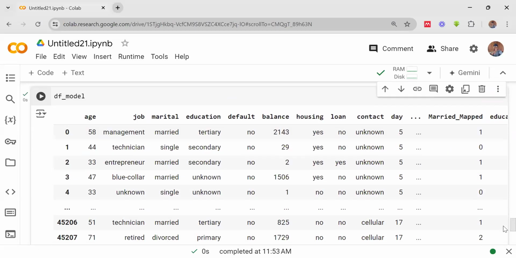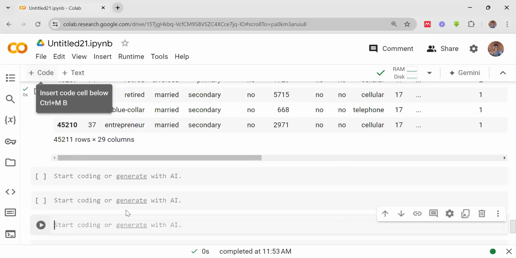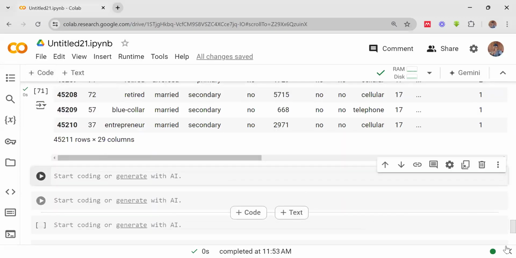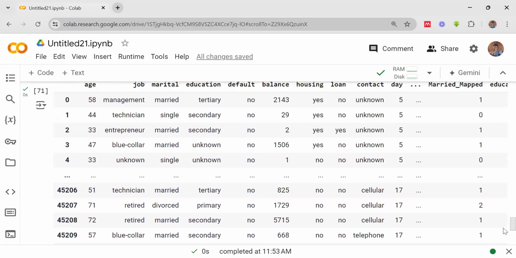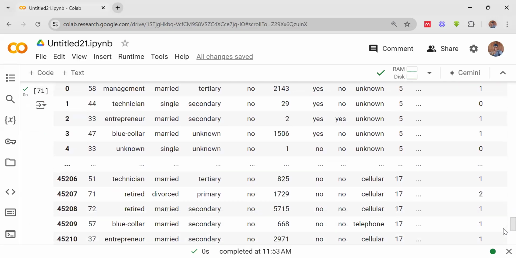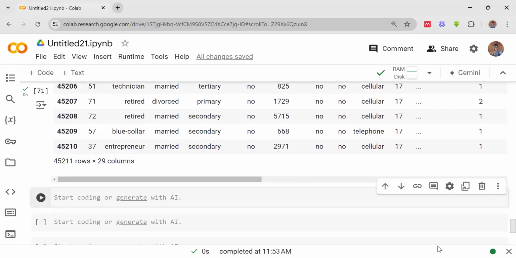What I want to do first with this df_model copy is to first get my X and my target, that is my y. So how can I get my y from this? Of course, we have a step to follow. The first step is to split this into